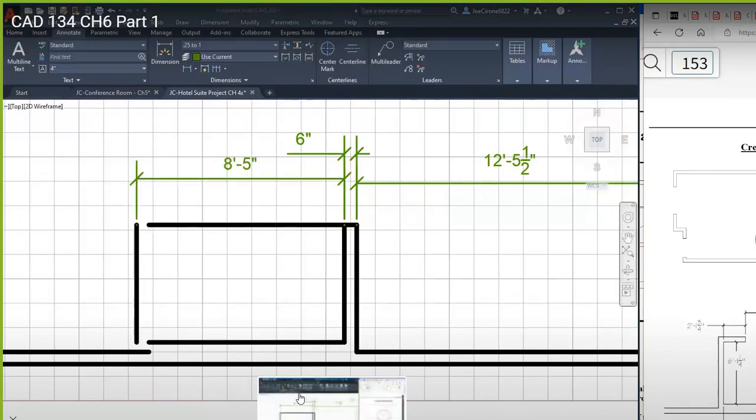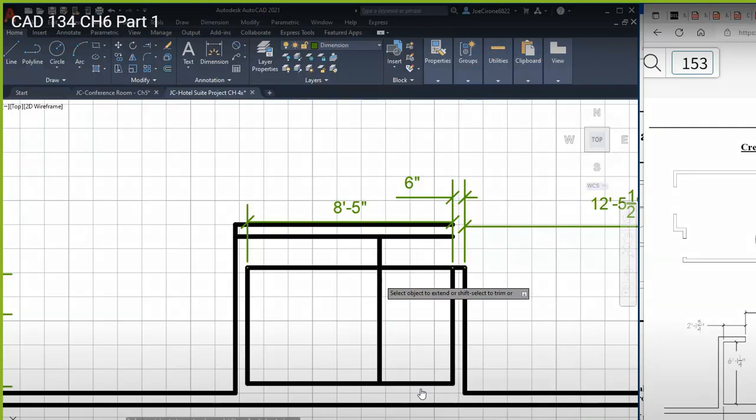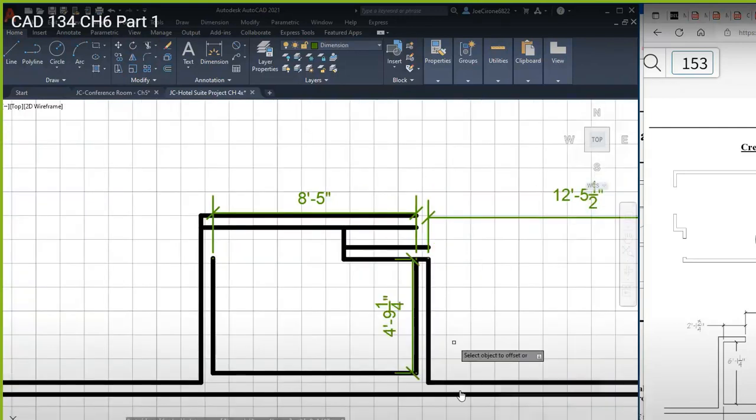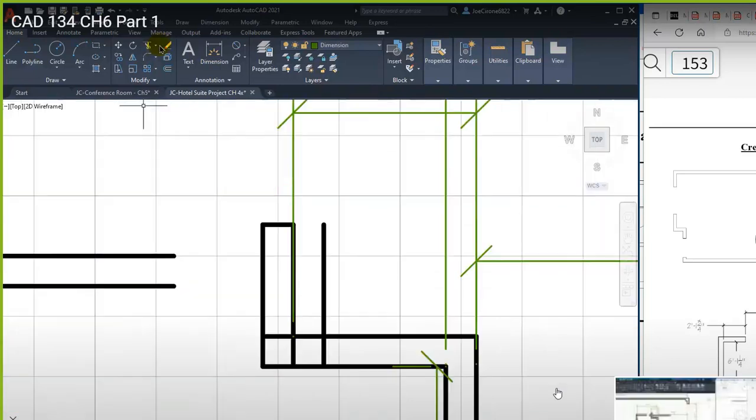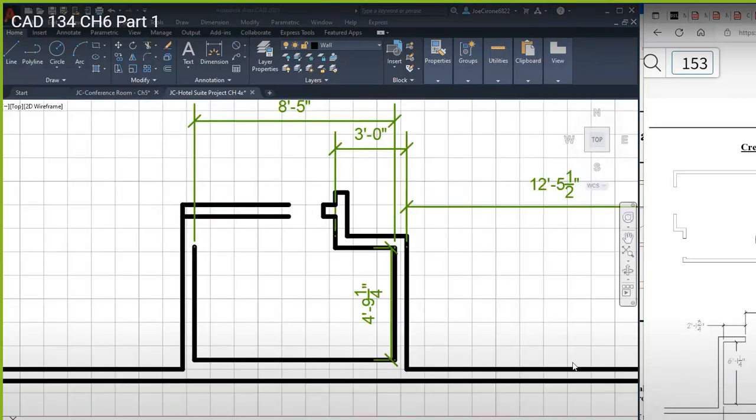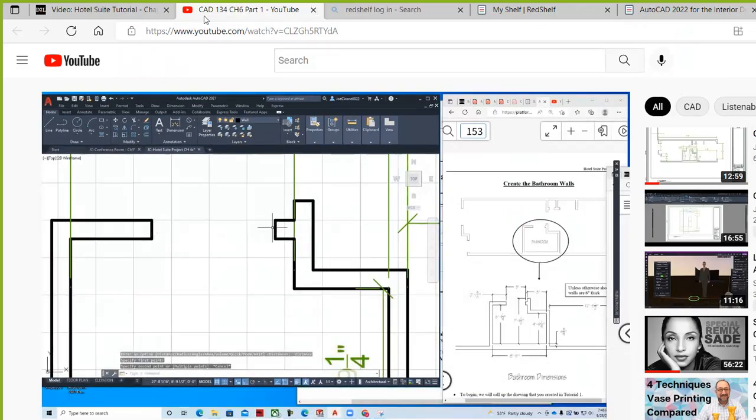Bathroom area. And we added the dimensions, although the textbook doesn't detail how to add the dimensions, we do that in the video. So that's the first video, and then if we come back here,